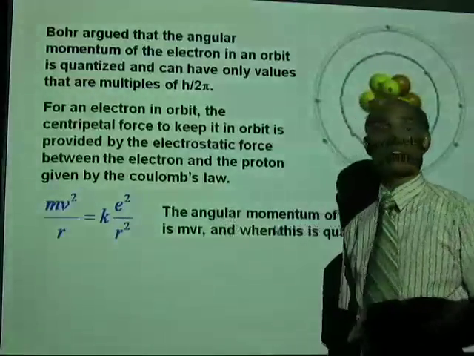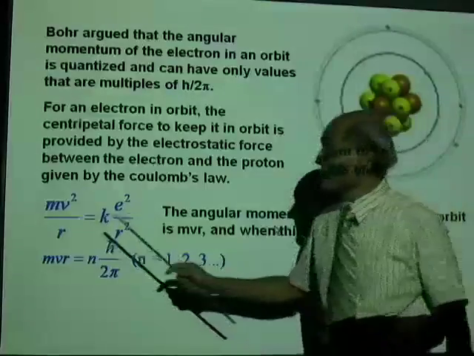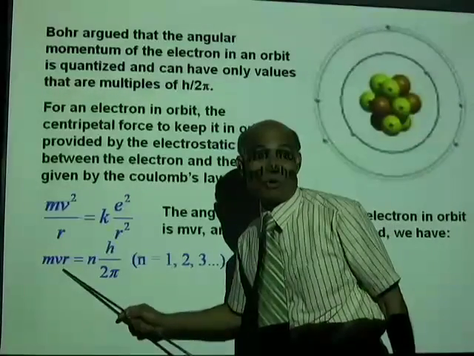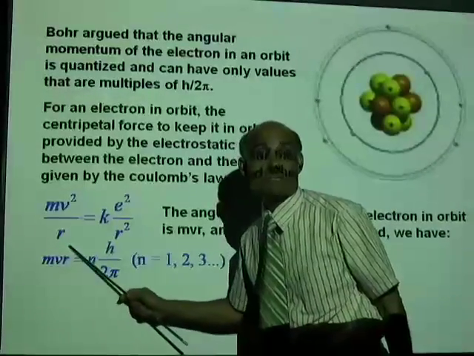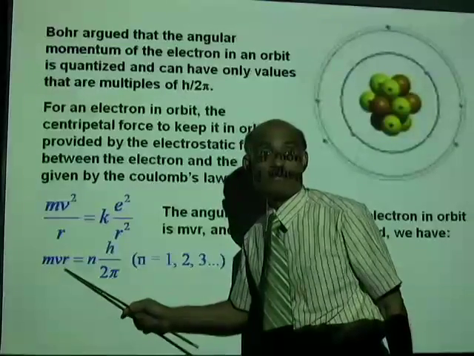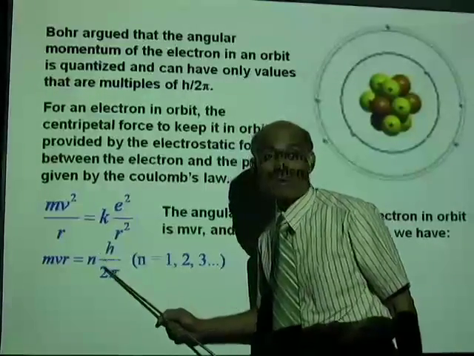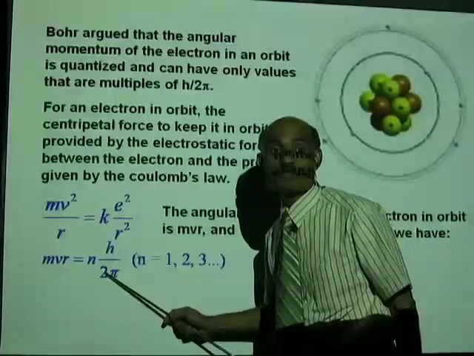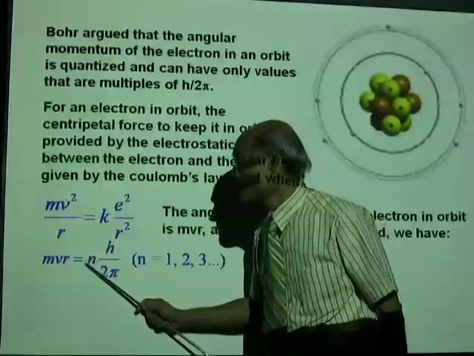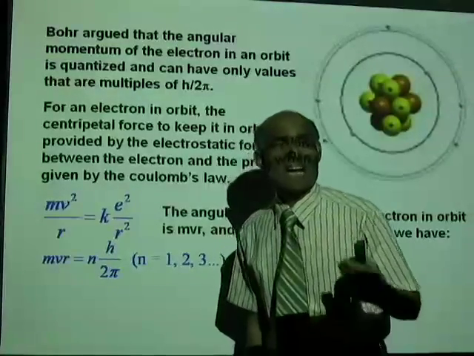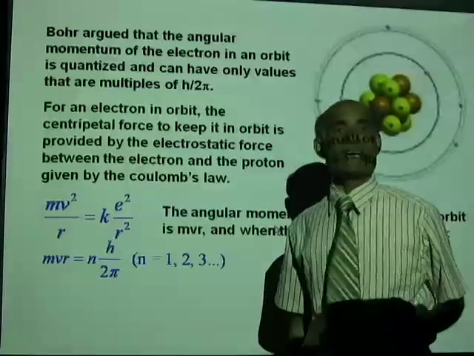We're going to use that over here. And according to Bohr, that angular momentum is quantized. The angular momentum has to be some multiple of h over 2 pi, and we have now used n as a multiple, where n can have the